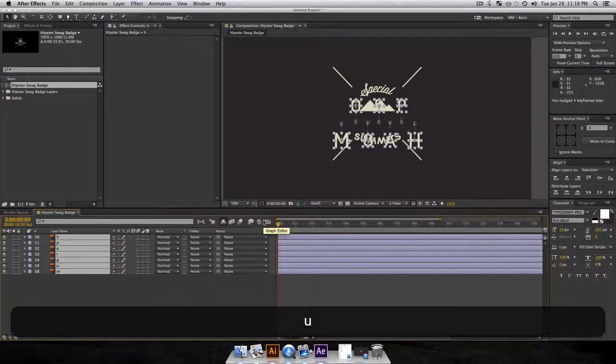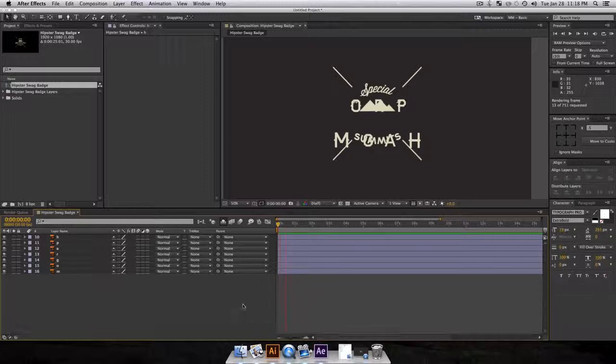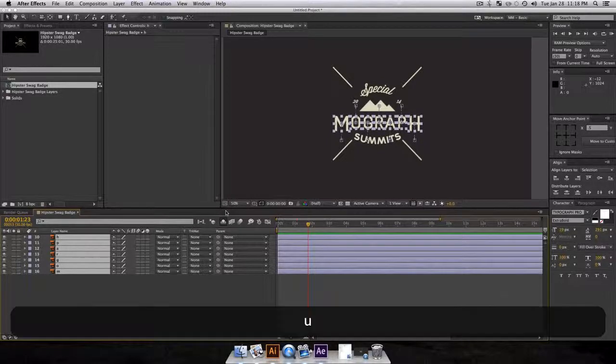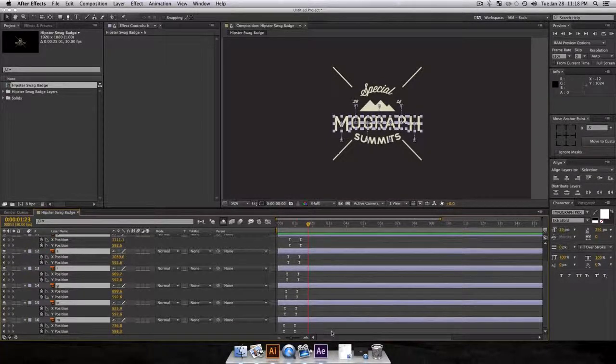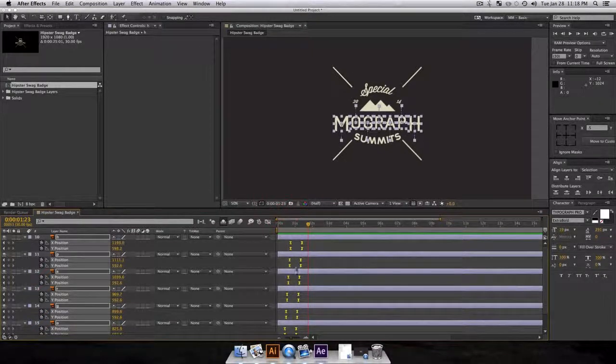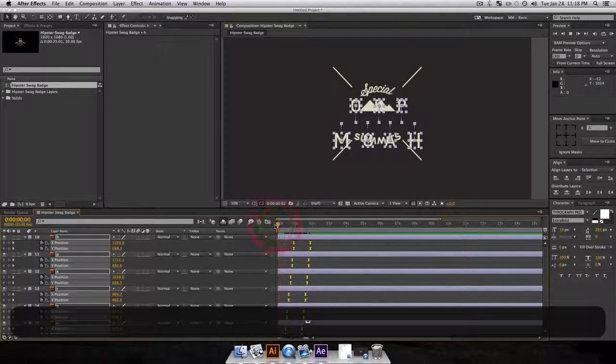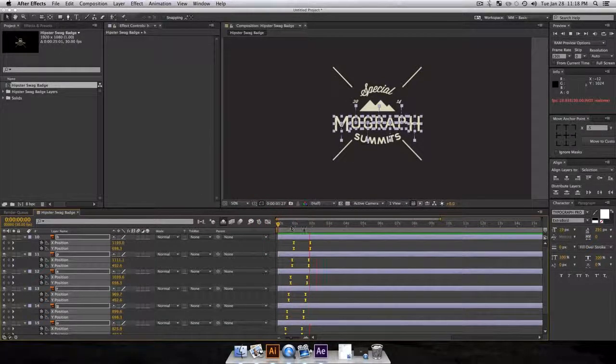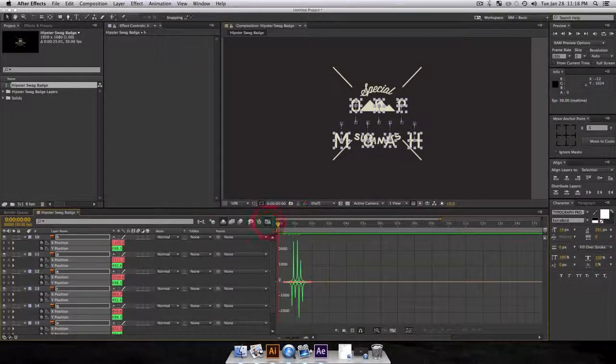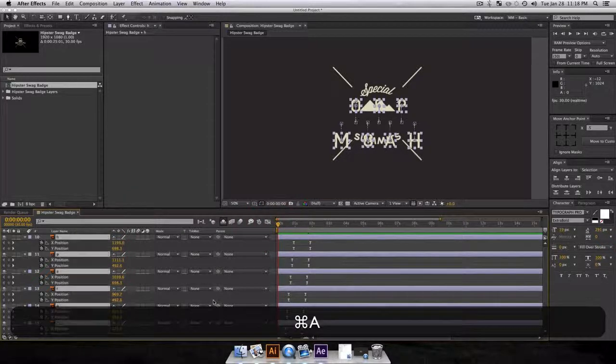Command A to select all my layers and U to minimize them, and let's just see. So as you can see, there's a little bit of life in all those letters now. So I'm going to press U actually. I'm just going to drag my selection marquee over all my letters here, holding Alt, click and hold just for a second on this end keyframe of one of them, and we're going to just drag this out. And so what this does is just scale up our keyframes without changing what we did. So now we still have that same kind of movement on our letters, and it's just a little bit longer because it moved a little bit too quick for me. And if you go to your graph, it's still going to have that same kind of movement. So now that we have that set up,